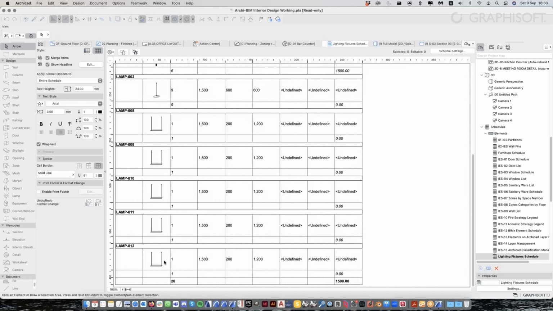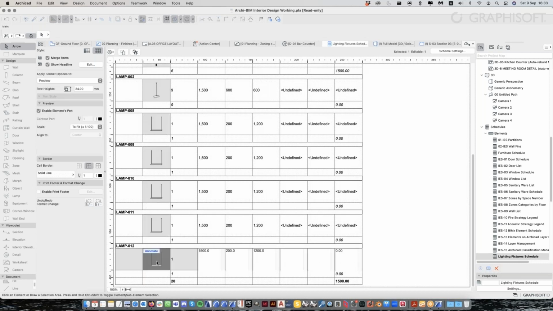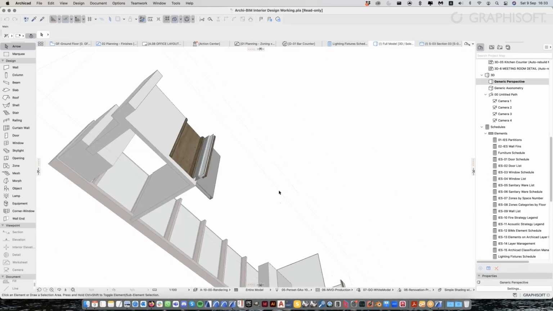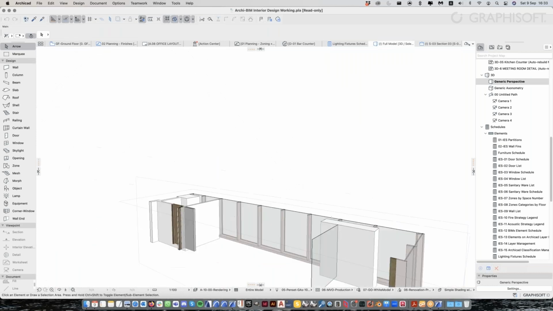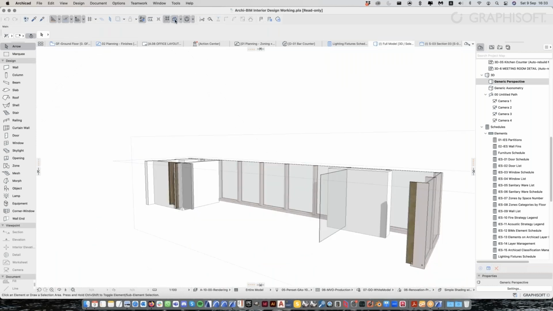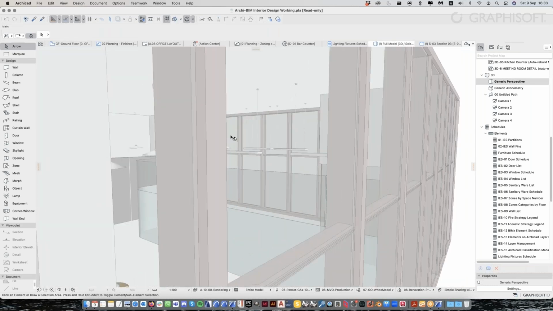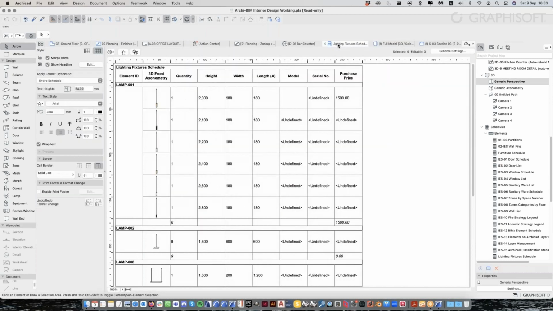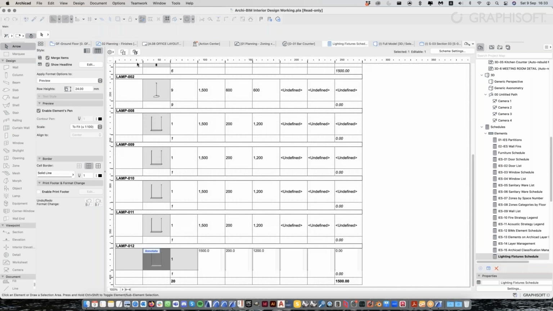Or because it's an interactive schedule, I can select this and say show in 3D. I can uncut, so let me do this again. If I go here and show it in 3D, it will show me exactly